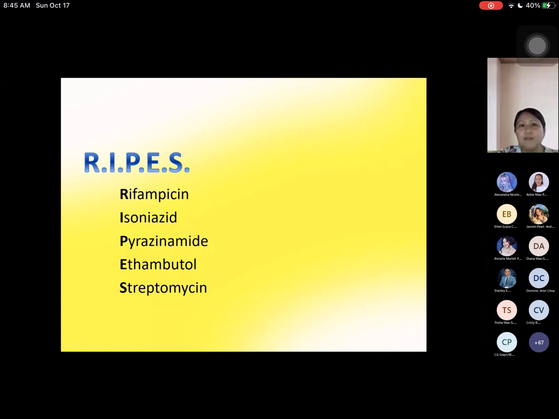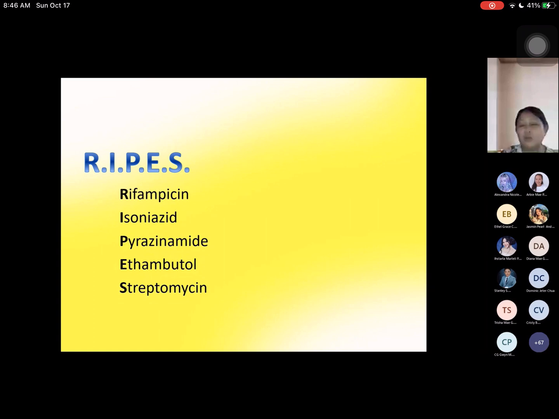Kung rifampicin and isoniazid lang, you will not cure TB. It needs to have the principle of synergistic drugs, okay? The 5 combination of these drugs, okay? For the general consideration for the antibiotics, okay, we have the